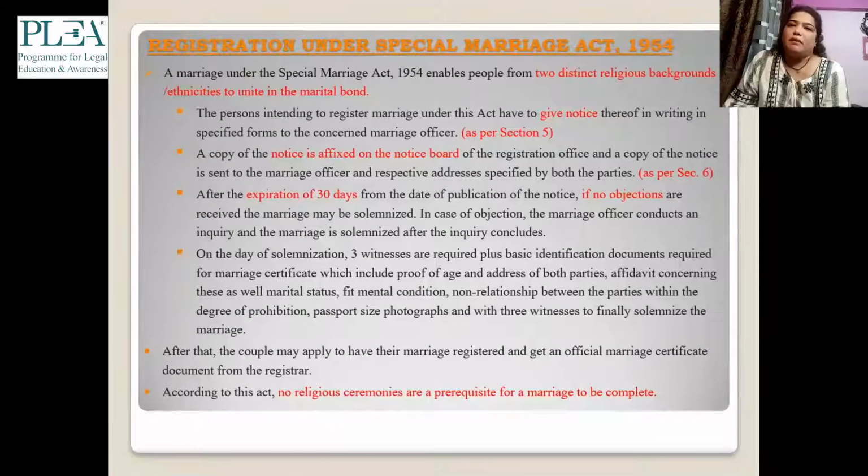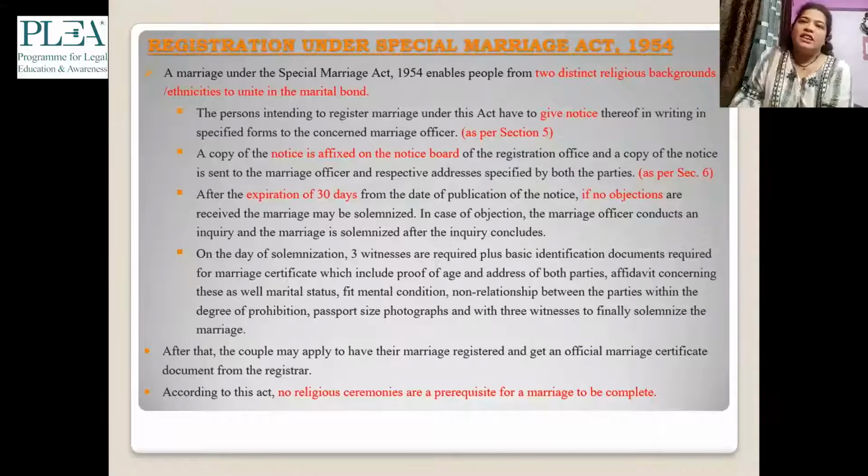Then after the expiration of 30 days, if there are no objections found by the marriage registration office, then the marriage can be solemnized, although there is no particular marriage solemnization ritual. Generally you just have to dress up nicely and give your signatures before the marriage registrar, in whatever form they have. They scan your photo and take your thumb impression,